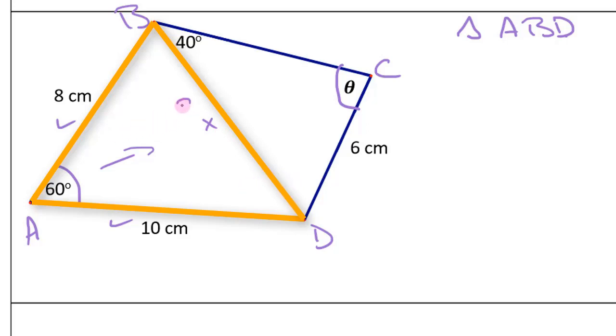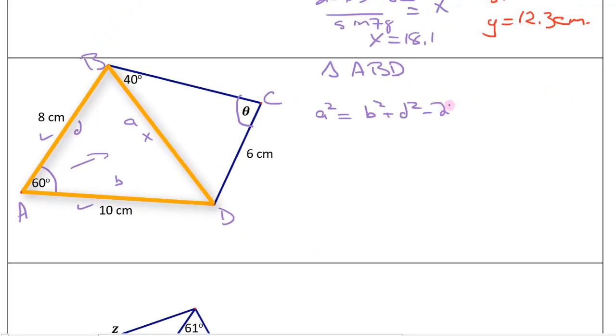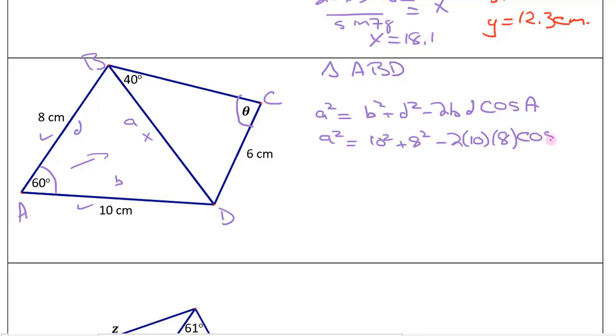Labeling the sides, I get A here, B here, and D here. Using the cosine law, I have a squared equals b squared plus d squared minus 2bd cosine of angle A. Substituting in what I know, side B is 10, so it's going to be 10 squared. Side D is 8, so it's going to be 8 squared minus 2 times 10 times 8 times the cosine